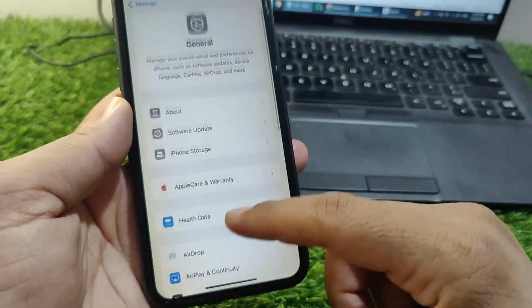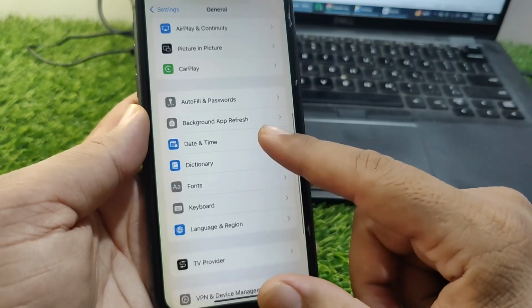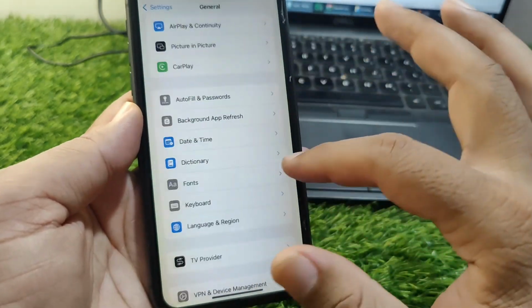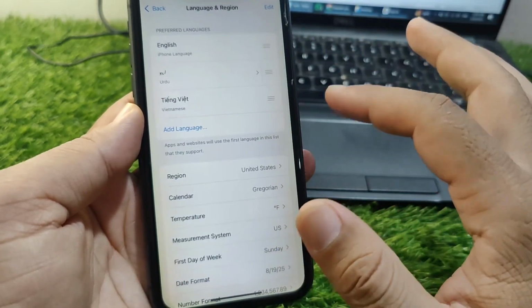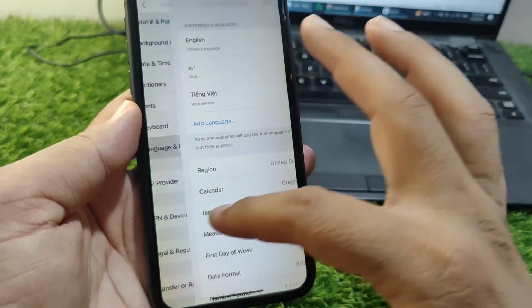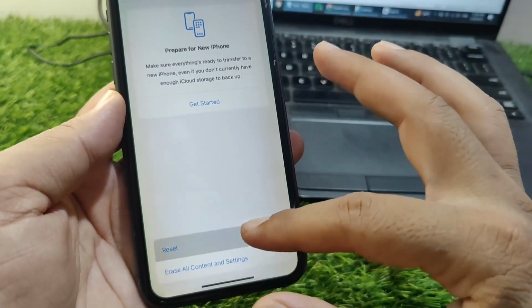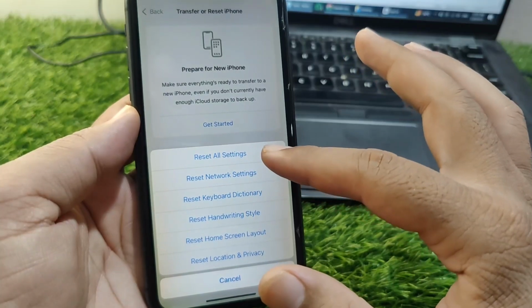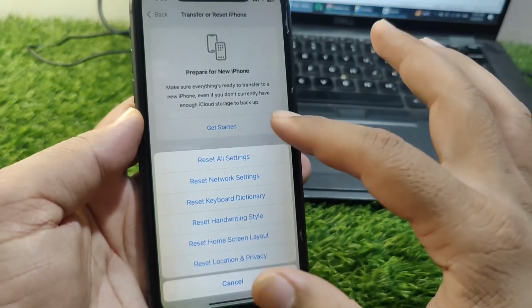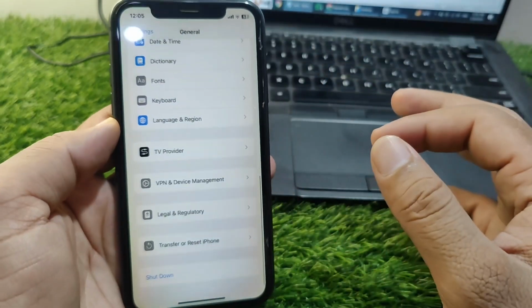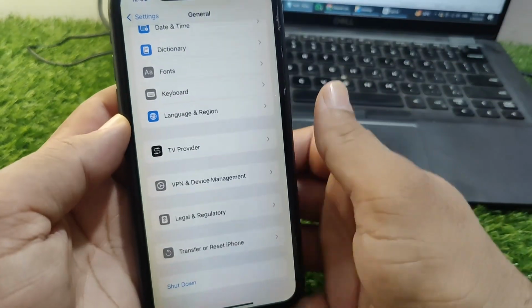go back and now scroll down and tap on Date and Time and set your date and time, and then tap on Language and Region and tap on Region and select your country or region correctly, and then tap on Transfer or Reset iPhone, tap on Reset and reset the settings of your device one time as well. So guys, do this and check if the problem is fixed or not, and if the problem is still there,